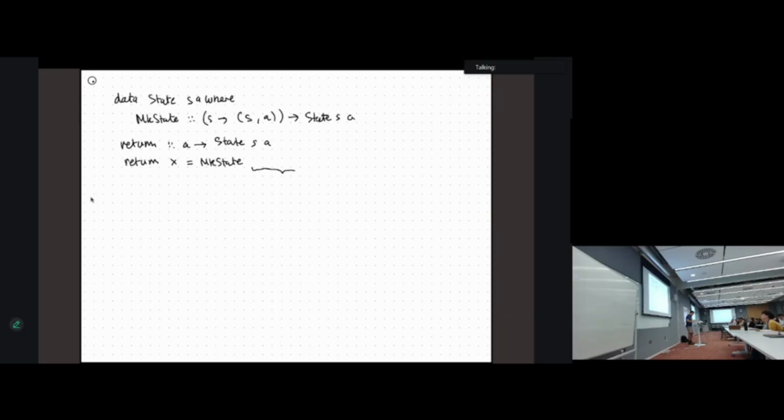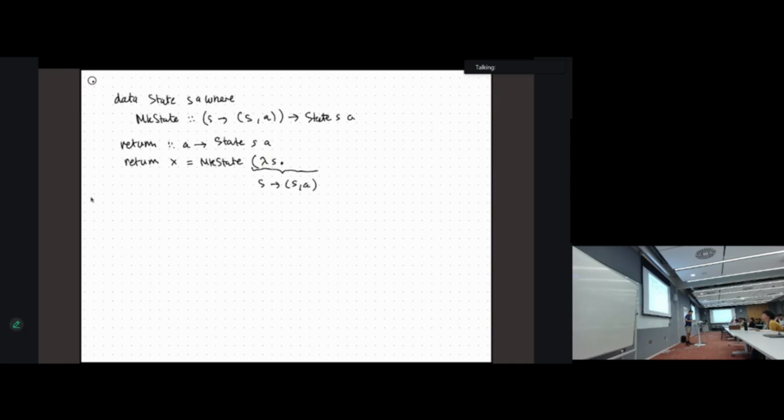And so the thing in here needs to be of type S to SA. The only way I know to make something of type S to something, or anything like that, is with a function. So I have to put in a function here. And so I'm going to make a lambda,